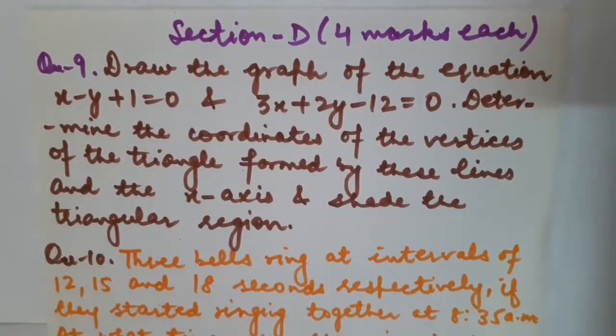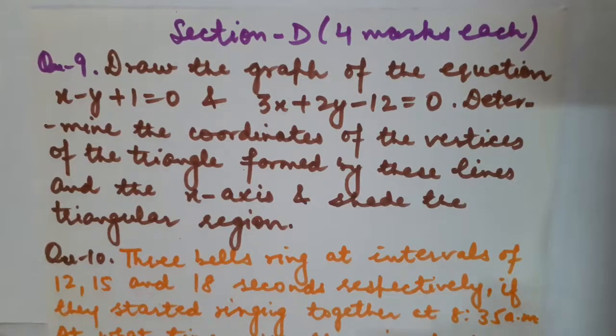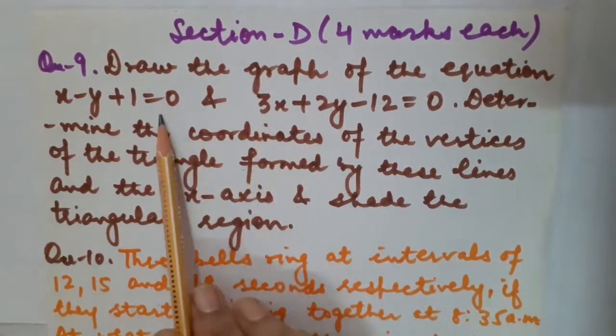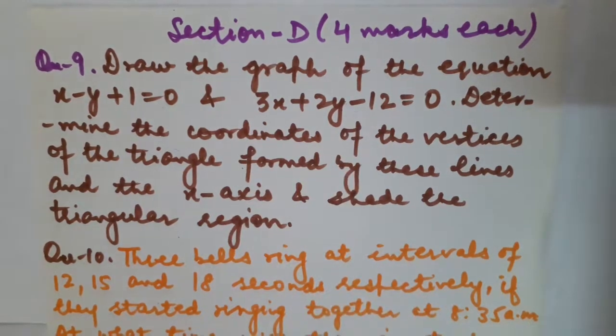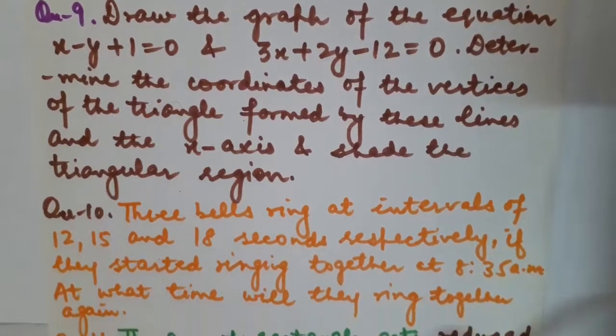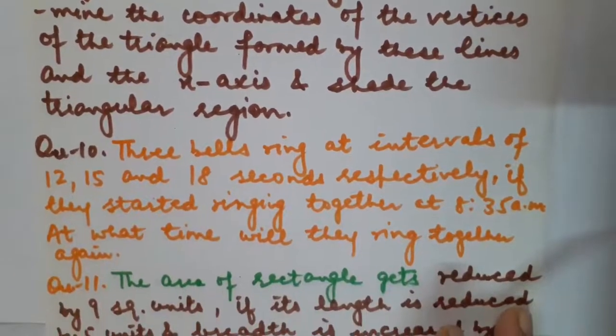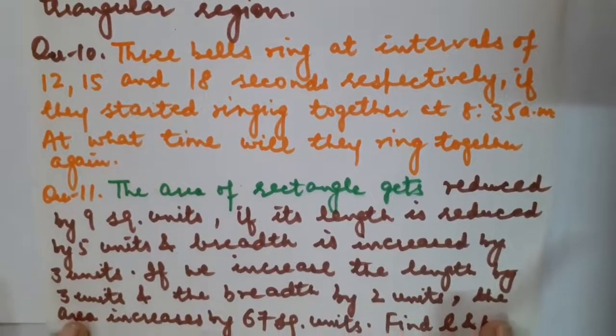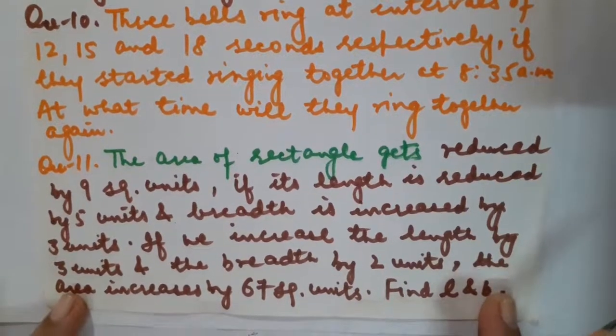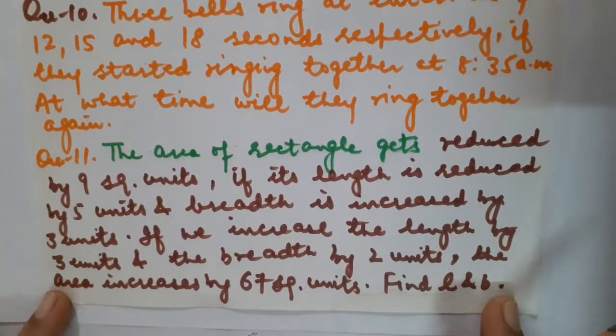Children, if you have graph paper with you, then you can plot the graph of this pair of linear equations on graph paper. If you don't have it, then you can draw on a sheet also while taking the proper margin. There are total 11 questions in this question paper. Please attempt them neatly in beautiful handwriting. And as the duration of the paper is 1 hour, as soon as you finish it, you are supposed to mail it to me immediately. Late submission of the paper will not be acceptable.